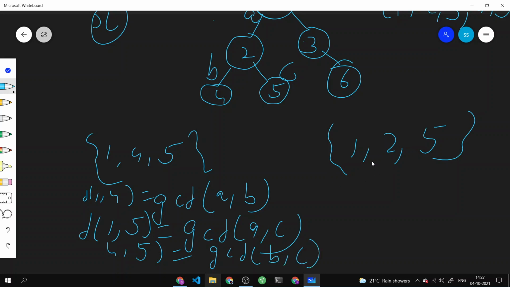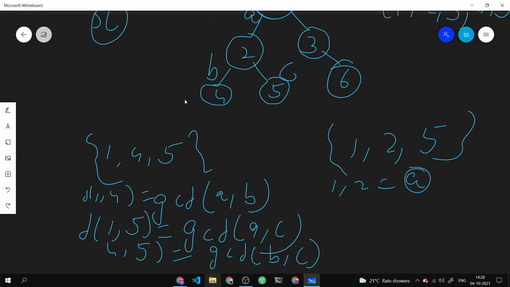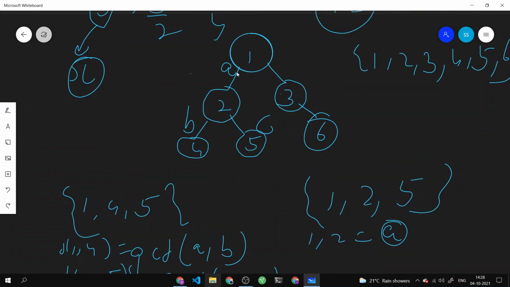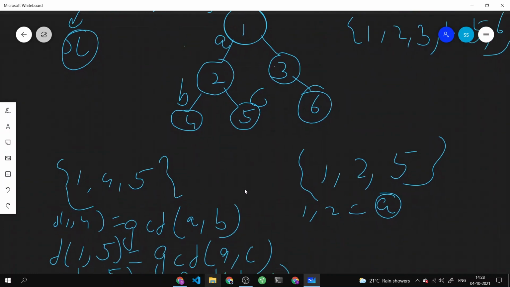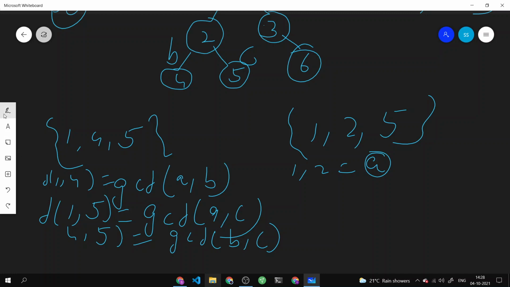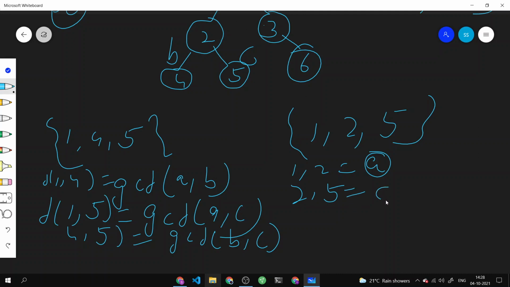Now if we do the same operation over here, the distance of 1 comma 2 will be simply A, because there is only one edge that is connecting them. Similarly, the distance between 2 comma 5 will be C. And what is the last edge that is left?